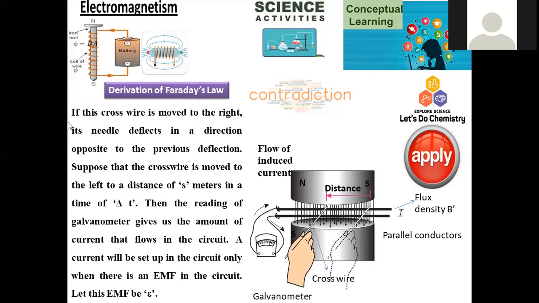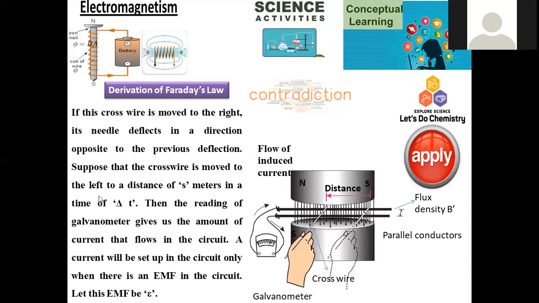There is no oscillation. And if the cross wire is moved to the right hand side, the needle deflects in the opposite direction compared to the previous one, right? So based on the cross connecting wires, the needle direction will change. If they are on the left hand side, the needle moves in one direction. If all cross connecting wires are lifted and shifted to another direction, say the right hand side, the needle position will be inverted.